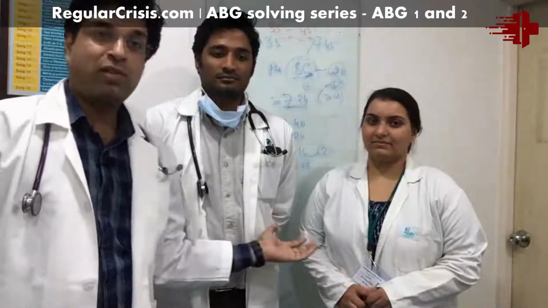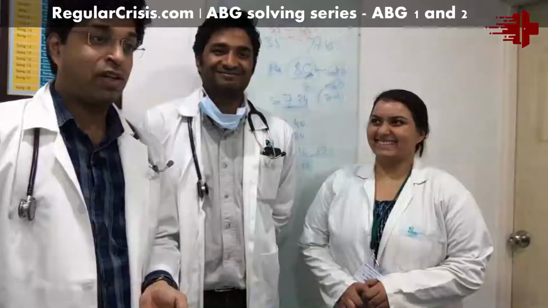So you have seen in the video, we have solved 2 ABGs. In one there was a high alveolar arterial gradient, there was high anion gap metabolic acidosis, then there was a hidden disorder of metabolic alkalosis. Dr. Meenal forgot to calculate the alveolar arterial gradient. So this was our first ABG solving on the live class. It happens at times, but I thank both of them for solving them for you.